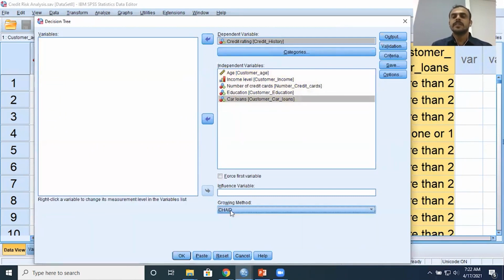Now, what is CHAID? CHAID stands for chi-square automatic interaction detection, right? I repeat, it stands for chi-square automatic interaction detection, right? The decision tree will be constructed based on the association, right? It is going to look for the relationship between a particular segment and the dependent variable, right? If there is a high degree of association, that particular variable will be used, high degree and a significant relationship. If there's a low association, that particular variable will not be used. It will be thrown away, right? So based on the degree of association, the decision tree will be constructed, right?